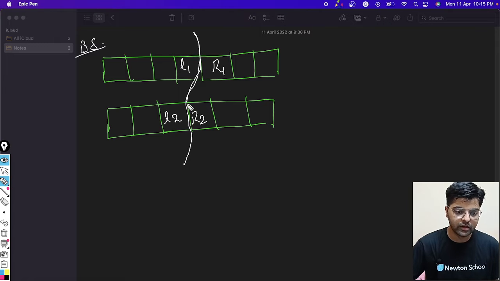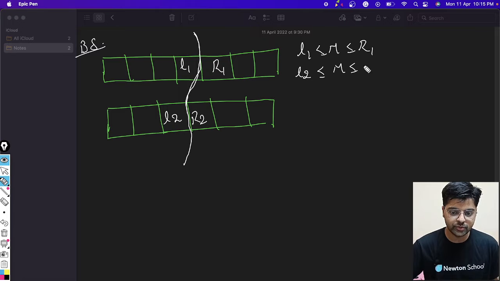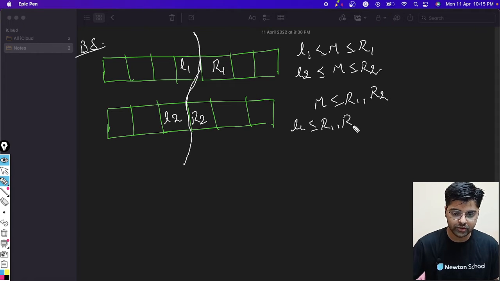So L1 will be smaller than the median, and the median will be smaller than R1, right? And L2 will be smaller than the median, and the median is smaller than R2, right? So the median is smaller than or equal to R1 and R2 both, so L1 is smaller than or equal to R1 and R2 both, and L2 is similarly smaller than or equal to R1 and R2, right?